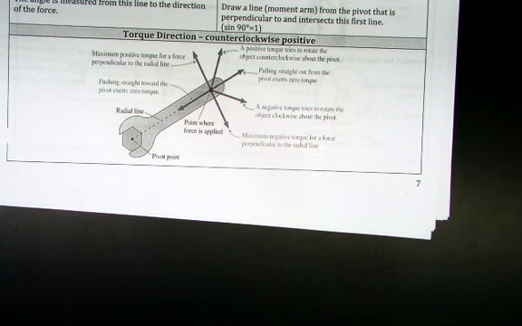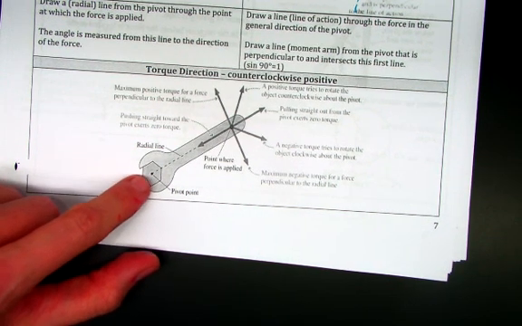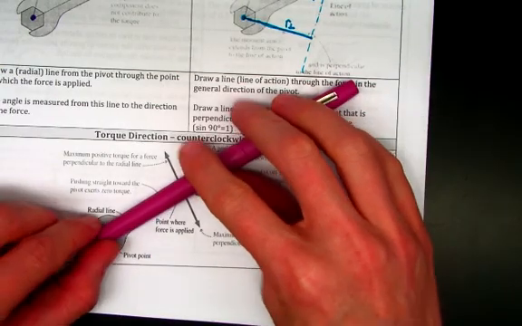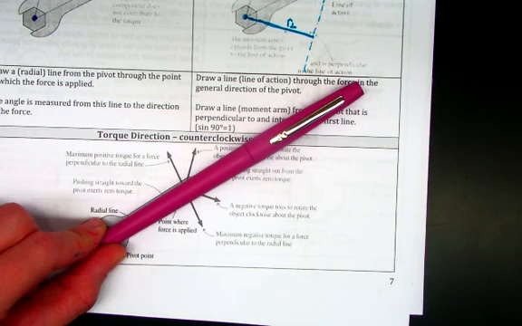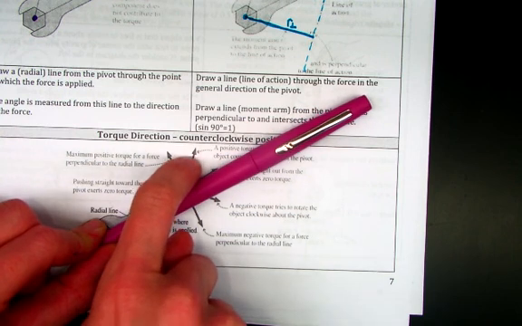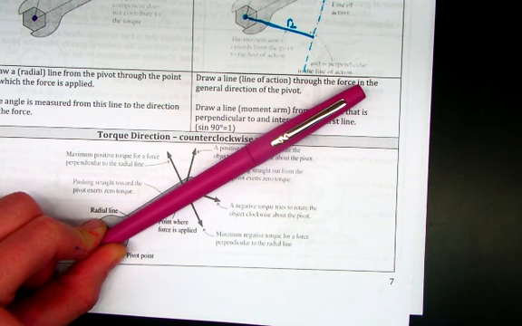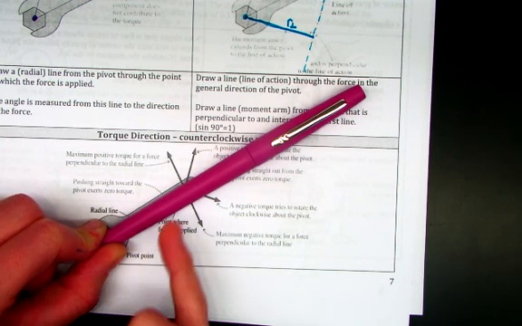The first way to tell if your direction is positive or negative is to identify the pivot point. So here's my pivot point, and you're going to put a pen or a pencil at the pivot point. You're going to hold it at the pivot point, okay? Now, do you see how this is a force right here? If I want to know if this force makes my line here move counterclockwise or clockwise, all I'm going to do is apply a force in that direction. If I do this, which way am I spinning? Counterclockwise,